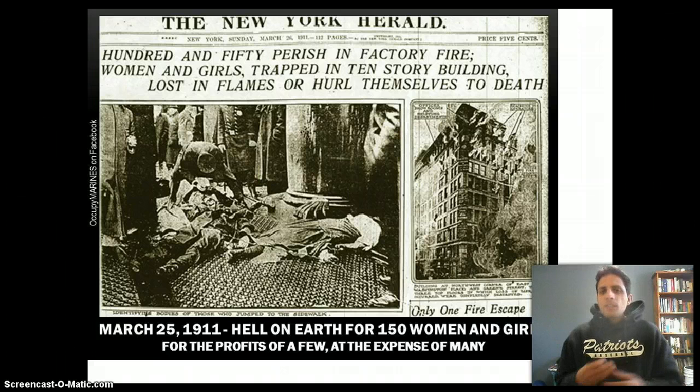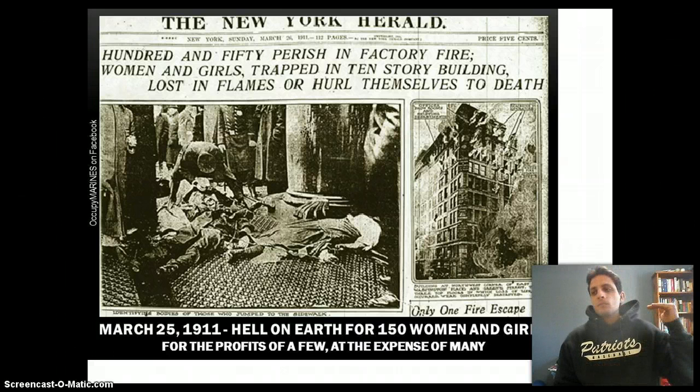And so this kind of facilitates some changes to factory life, and women get a maximum amount of work hours, a minimum wage. Now, what you don't see is men do not get the same